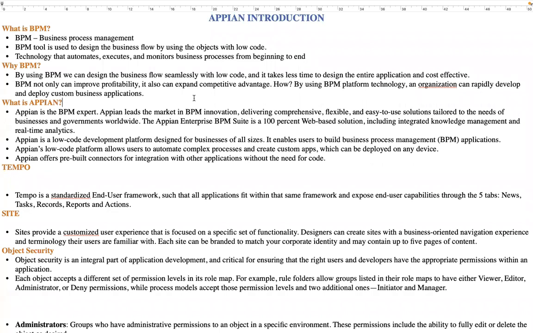Why BPM is currently getting more demand in the market is because of its low code and automation features. We can automate things using these BPM tools, and we do not need a huge amount of coding tasks. We just need to write less code and do a huge amount of automation, like 30% coding and 70% automation is what BPM deals with.